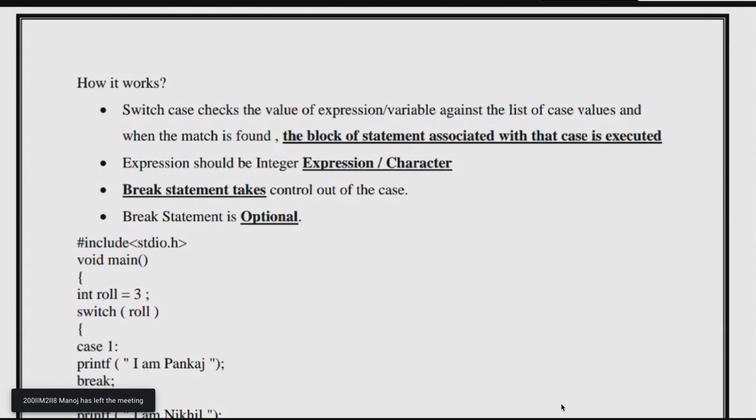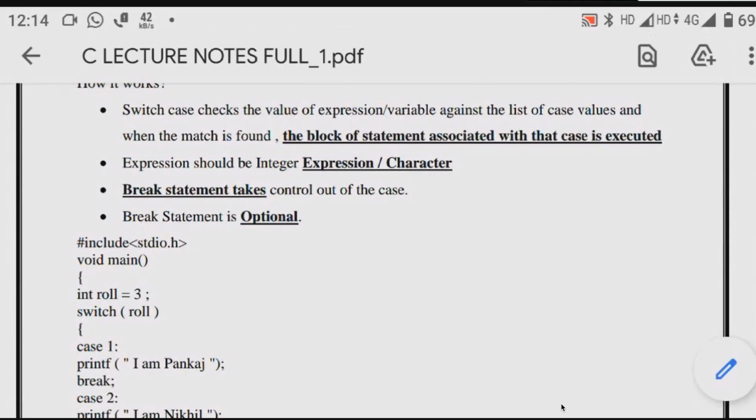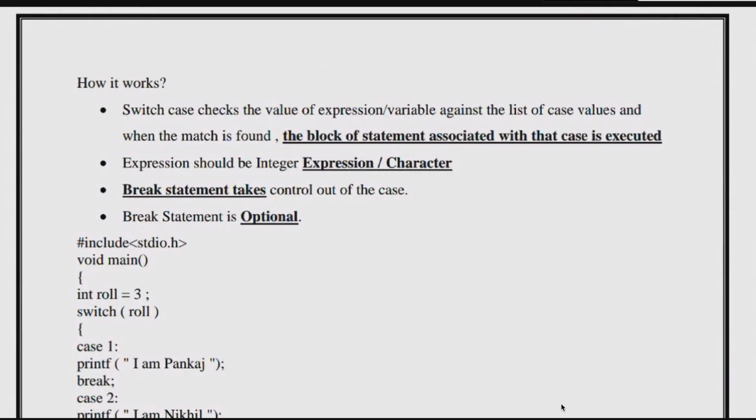we won't use the switch case, right? Why? Because if there are only 2 cases, we'll better go for if and else. If the condition is satisfied, execute the if part, otherwise go to the else part. So if you have more than two cases, then you should use the switch case. That is the meaning of it. That is the thing we need to understand.